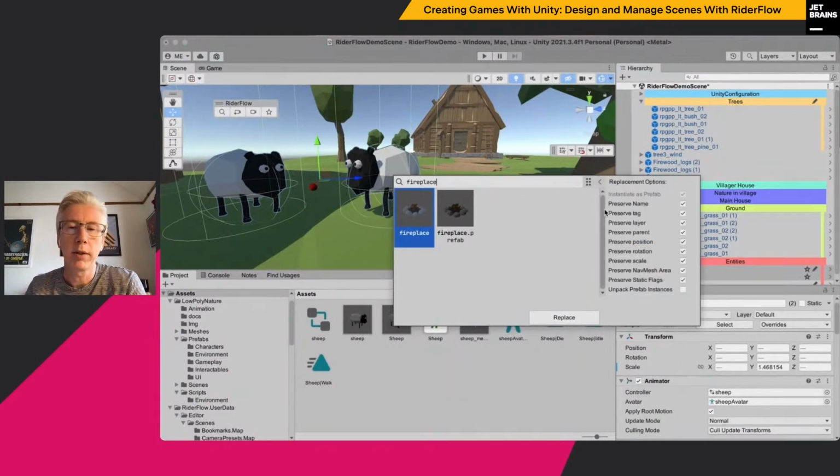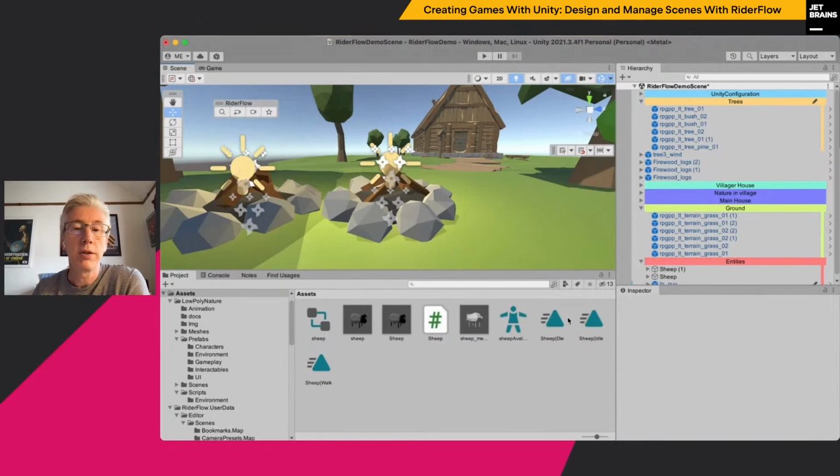I can use the replace button to immediately replace, or if I use this little arrow to show items there, I've got different options that I can use when I'm replacing. So I can make sure that I'm preserving the name, the tags, the layers, the parents, the positions and rotation, and so on. But I can also unpack prefab instances. So if I'm replacing with a prefab, I can replace with a prefab instance, or I can unpack that and replace the whole lot. So let me just use the default options, and I'll click replace, and very quickly there,